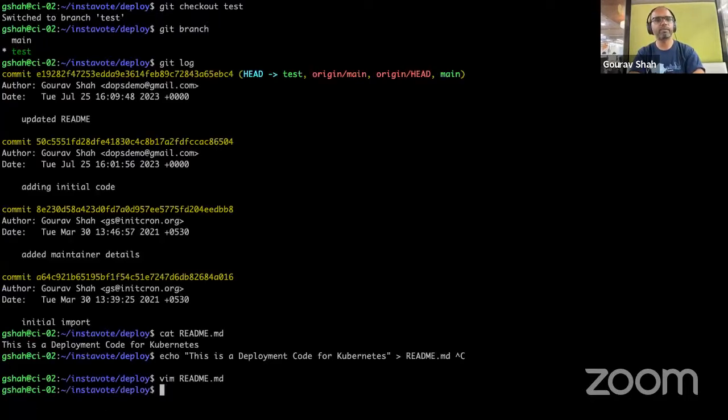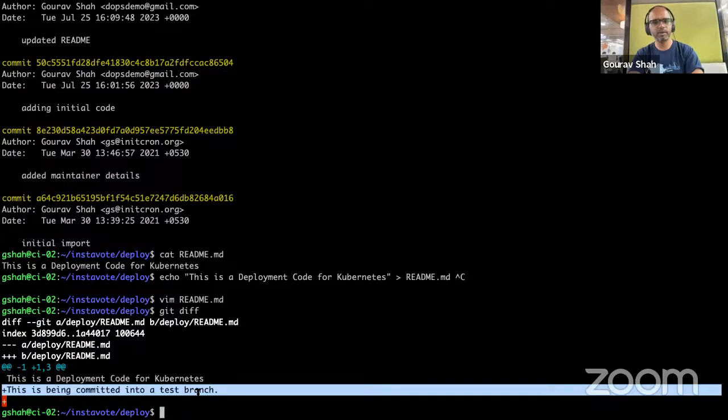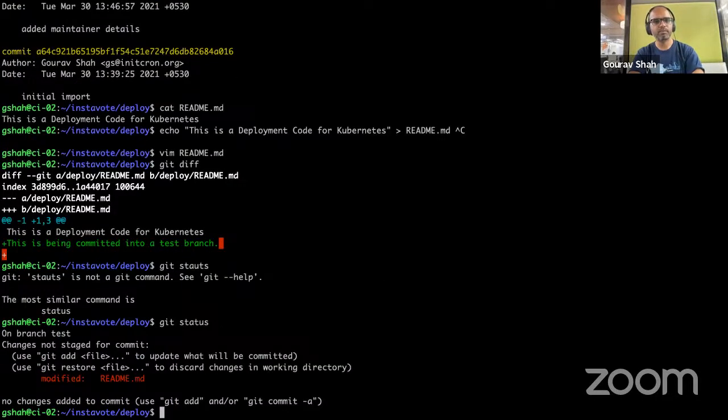Just one line of code I've added, and git diff now shows me this is what I changed. Git status shows me this has been modified. If I had added a file, it would have shown this file is added. And then